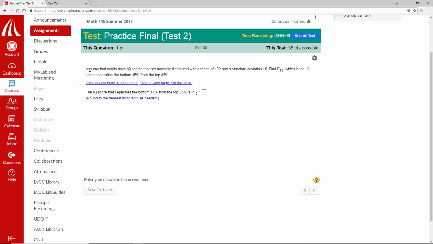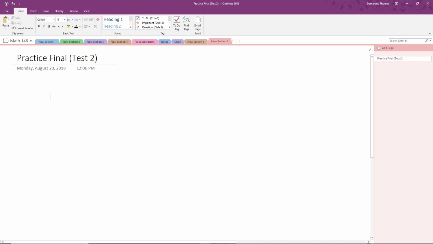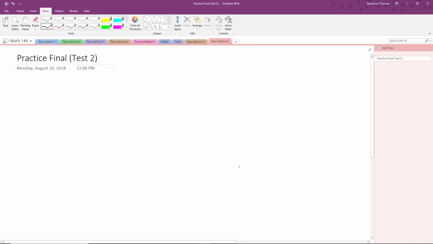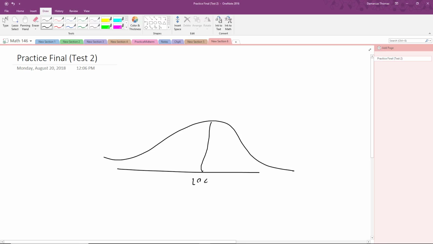Next, it says assume that adults have IQ scores that are normally distributed with a mean of 100 and a standard deviation of 15. Find P15, which is the IQ score separating the bottom 15% from the top 85%. All right, so again, what does this look like graphically? And I really need to center this. This is uncentered. If we have 100 in the middle, and so on and so forth,